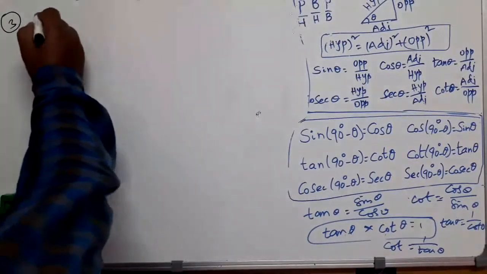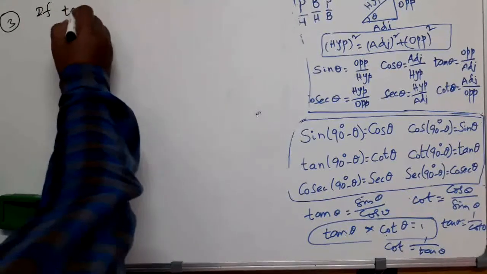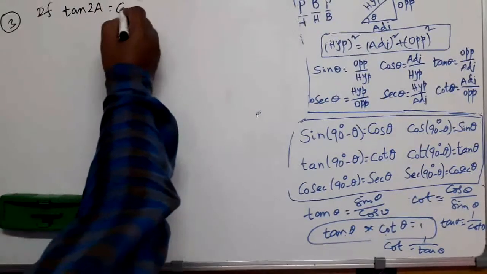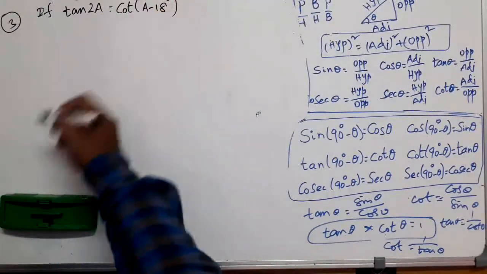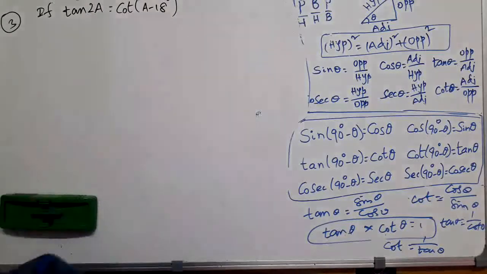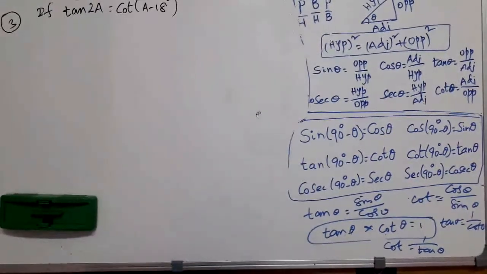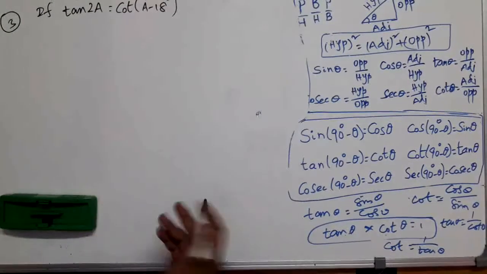What is given? If tan 2A is equal to cot of A minus 18 degrees, where 2A is acute, find the value of A. See, of course, in the question in exercise